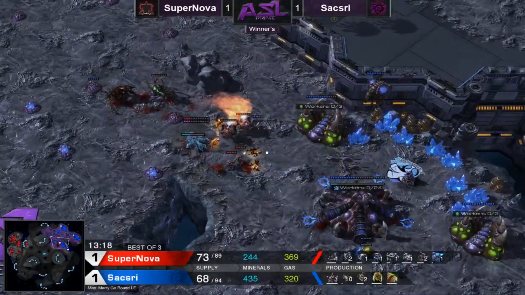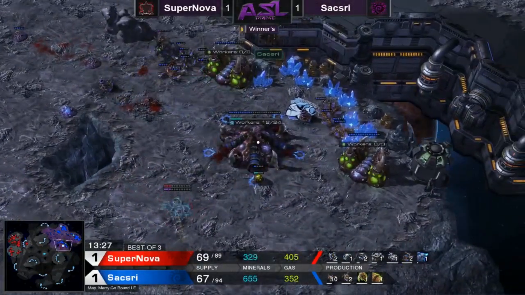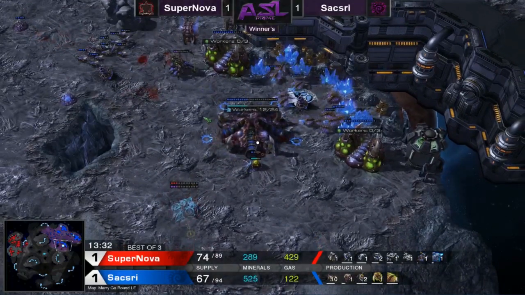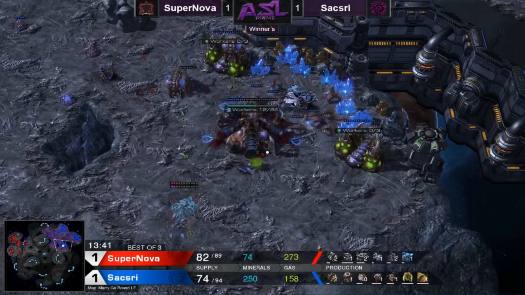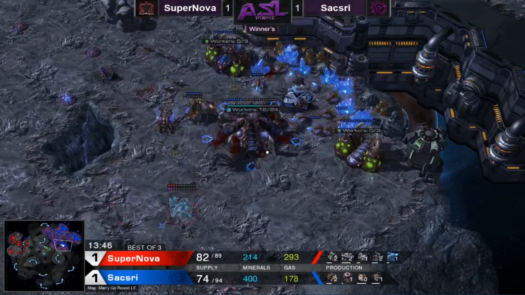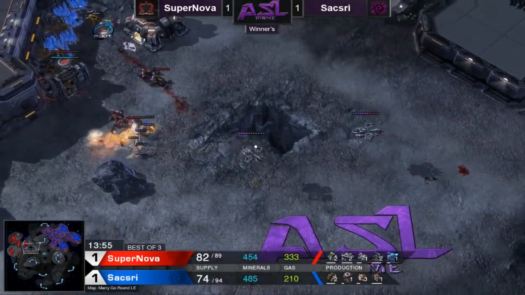I don't know. Yeah, it's tough to call. He's lost a lot of army there, but then he traded that army. It wasn't like the army was wasted by SuperNova at all. At this point, Sacsri is having to remake pretty much everything. He's making his drones, he's making his Lings, and obviously every drone is not a Ling to go across the map and put pressure on SuperNova at his new third. Yeah, this Queen should be able to take out this Banshee, but what is Sacsri's